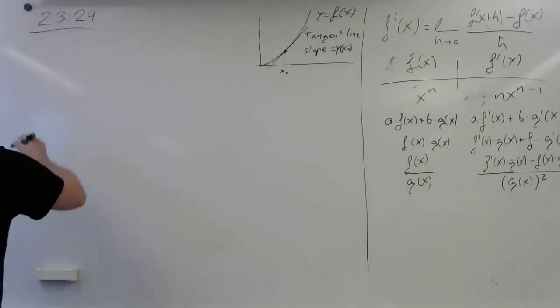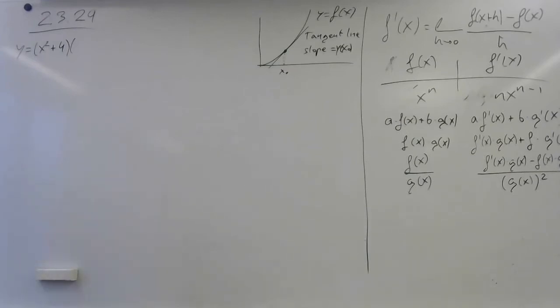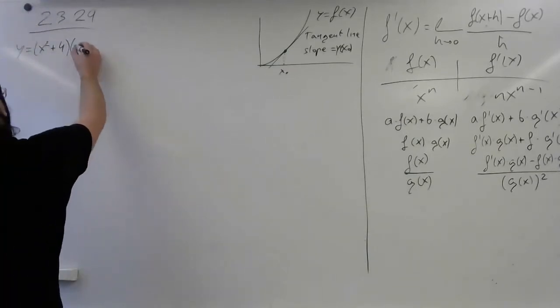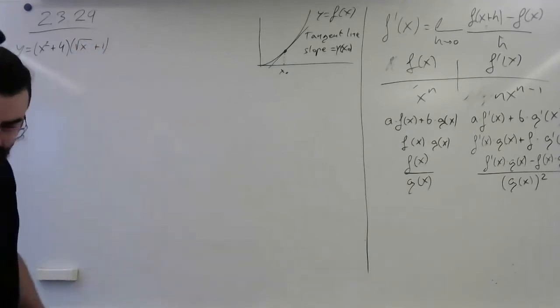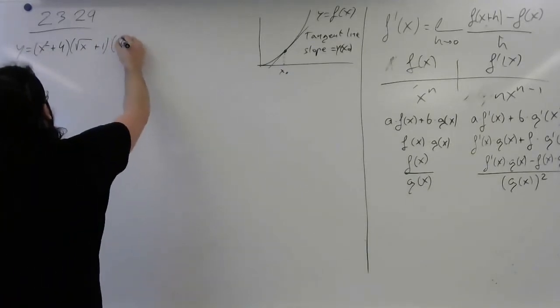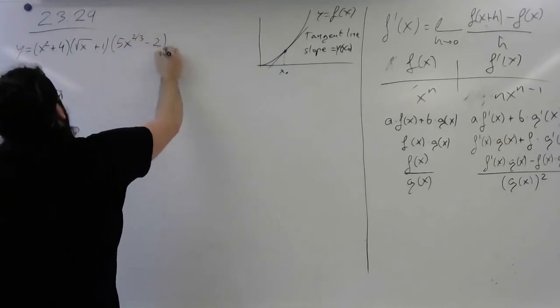We have y is x squared plus 4 times square root of x plus 1 times 5x to the power 2/3 minus 2. So